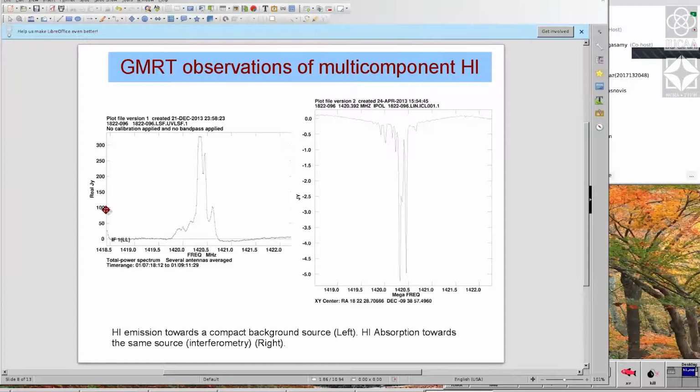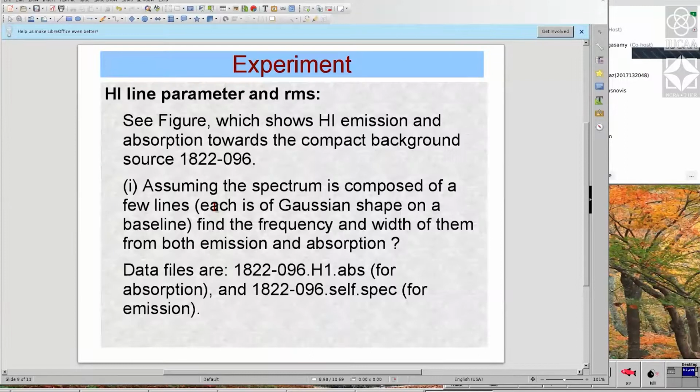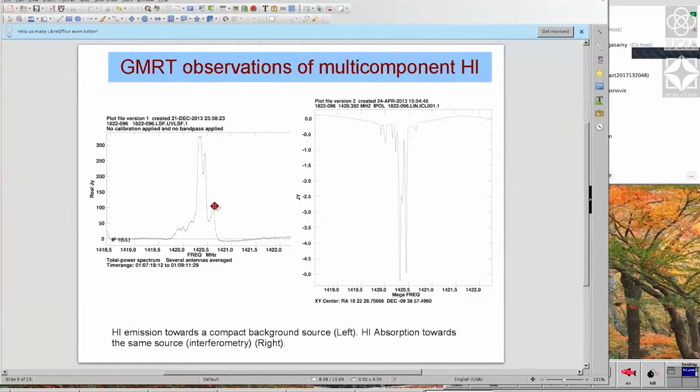The idea is to find the peak frequencies, that is each of the component frequencies, and their width, and their height of course will be there, from both emission, and this you have to repeat in absorption also. So in absorption, how it looks like, you have one peak which is here, one which is here, one here, one here, another here, then there is one more here, like that. So these many peaks you have to add.